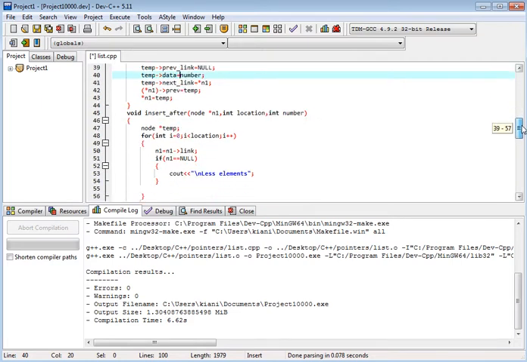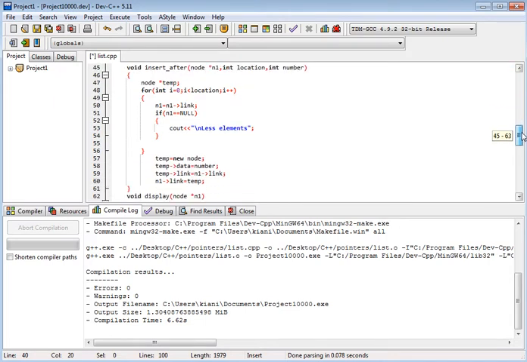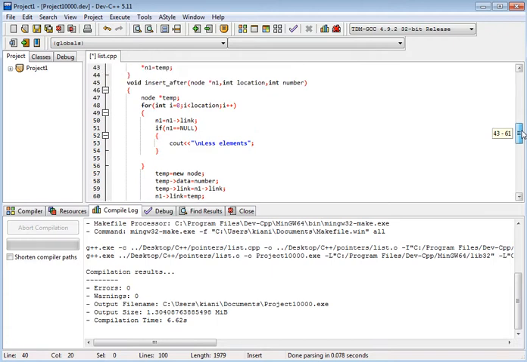Add after. What about the after? We have after location and if n1 is null, then this. So inside the for loop we have n1 next is equal to n1 is null, this is okay.